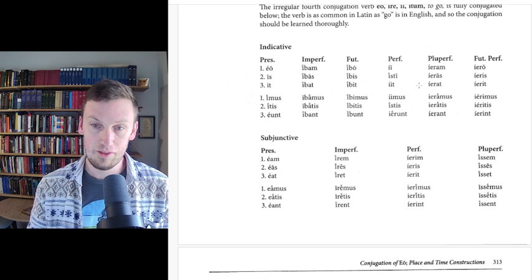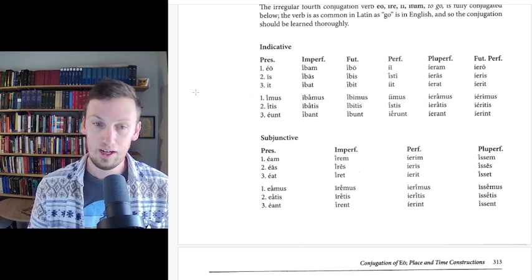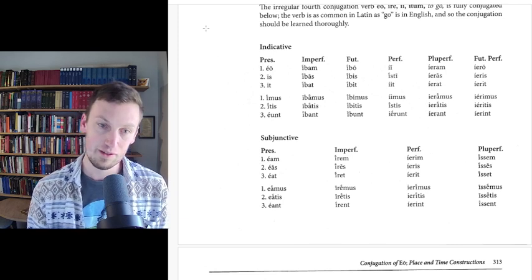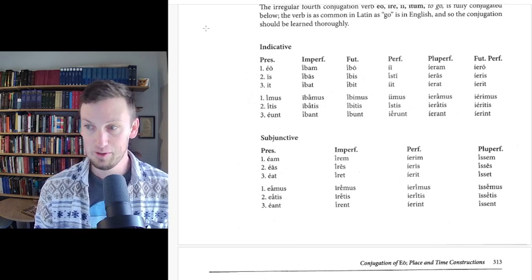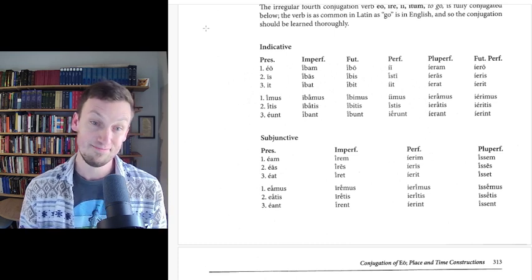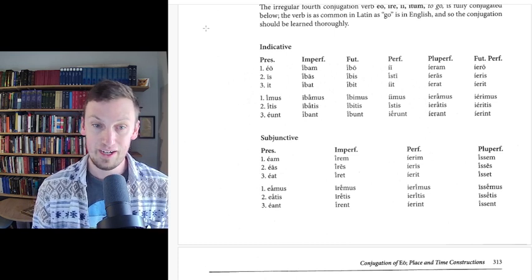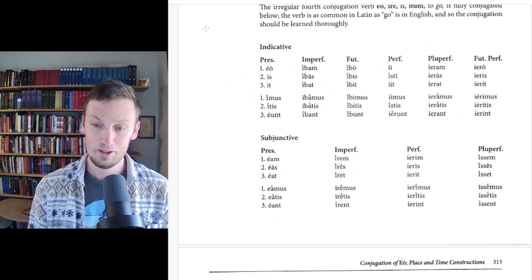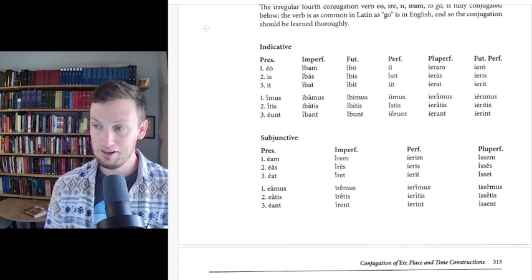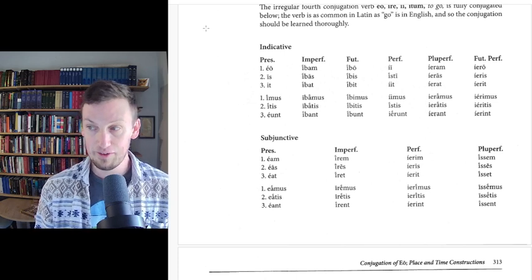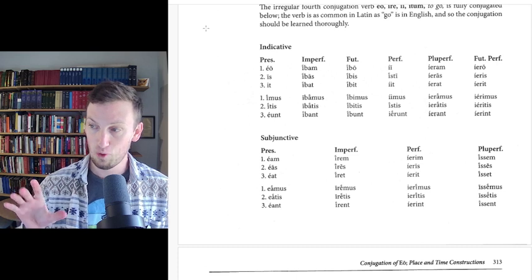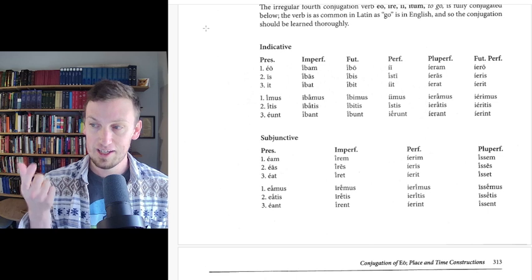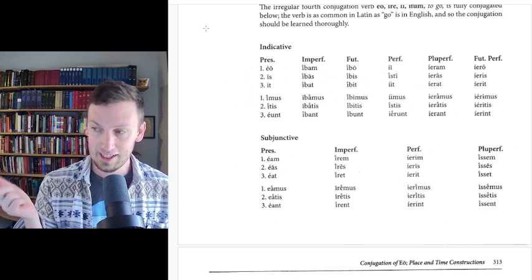You can do similar things if you remember the subjunctive. The present subjunctive is formed by doing an e-a vowel switch, so the e vowels become a vowels, the a vowels become e vowels. Here you get eam, eas, eat. You got an a showing up, kind of what you'd expect. The infinitive of eo is ire, just the infinitive ending. And here you get the subjunctive imperfect, subjunctive perfect formed more or less. The subjunctive perfect is a little weird, look at that. But the subjunctive imperfect is formed by taking that infinitive and adding an m, which is exactly what you expect.